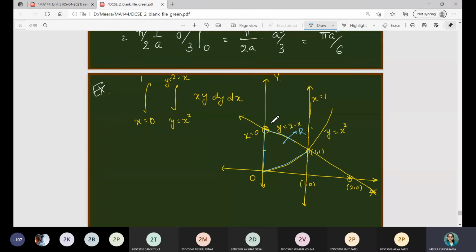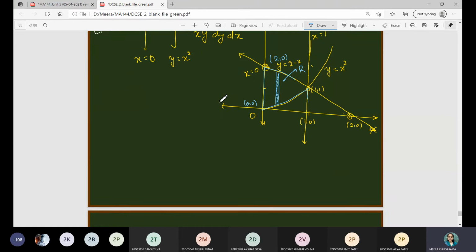This point will be which point? It will be 2 comma 0. This is already we have 0 comma 0. So region R is given by the intersection of these three curves, in which the boundary points we can say are 0, 0, 2, 0 and 1, 1, right? And the original strip, if we represent the integration by a strip, since the x variable is a constant, the original strip is this one. That is the given quantity. So before changing the order, I will describe all these things first.